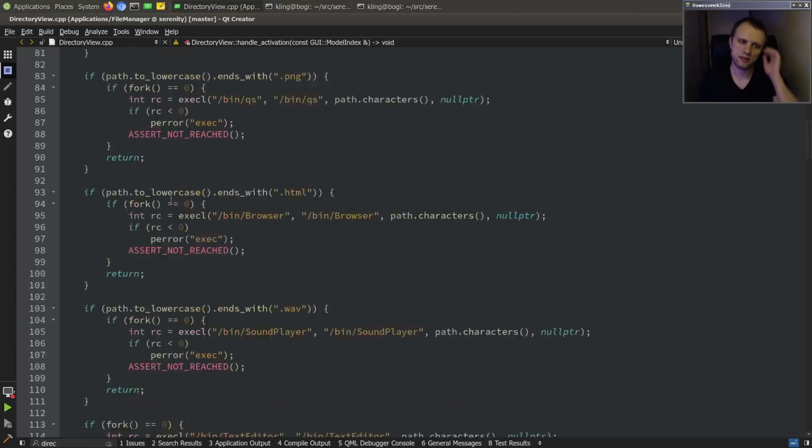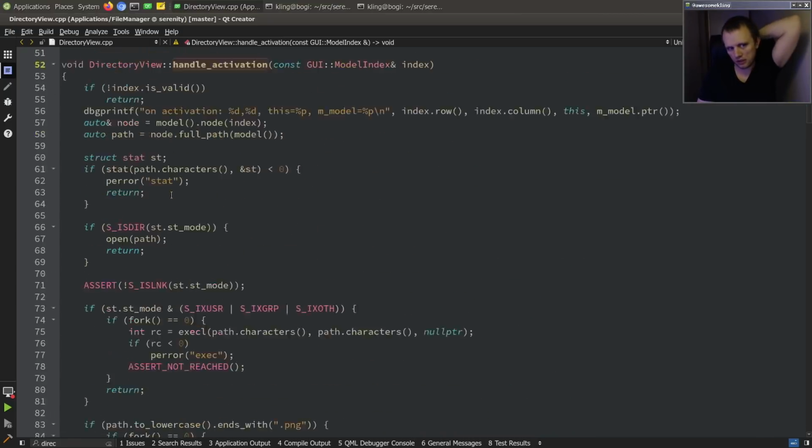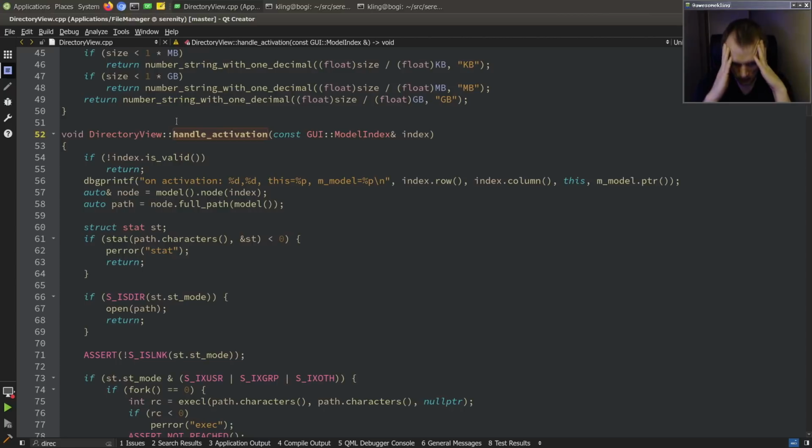So here we're doing this stuff, but I feel like a lot of this should really not be in File Manager, because it's this kind of abstract desktop operation, right? Like open a file. If it's a PNG, then you want to open it in Quick Show, and if it's a text file, you want to open it in the text editor and so on. It's not good to have this logic squirreled away in the File Manager program because it's kind of generic, and you would like anyone to be able to say, hey, desktop system, open this path,